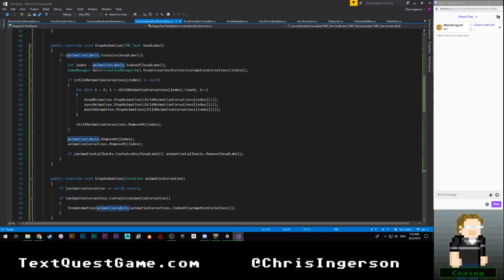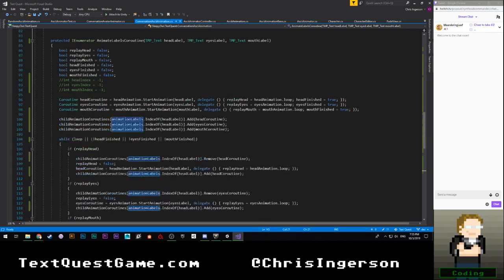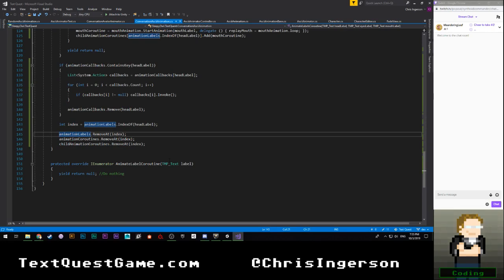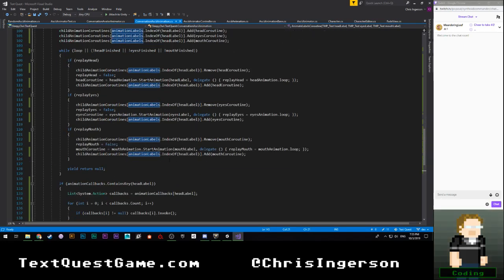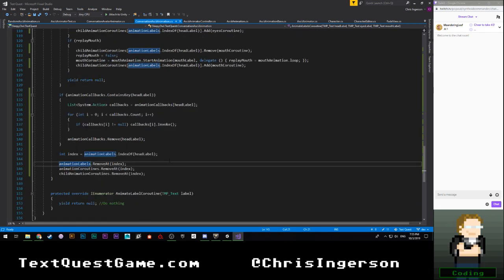So we stop our coroutine instance. So we get our coroutines. We stop all of this. How interesting, because it also means that it got to the end of that while loop, which makes sense, I suppose.